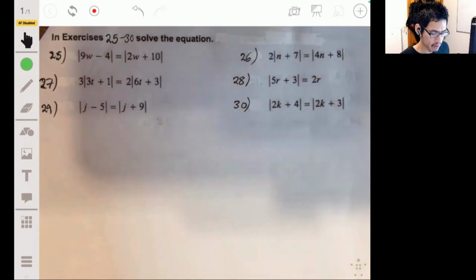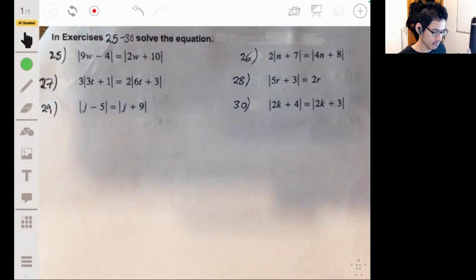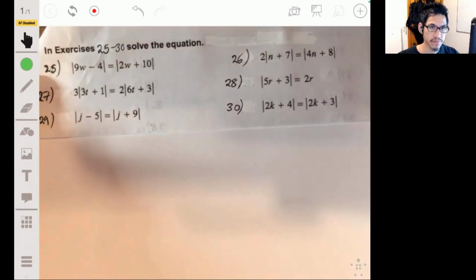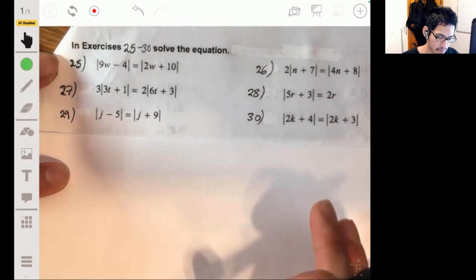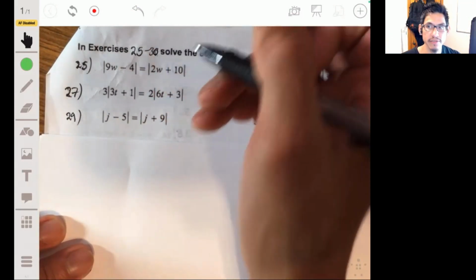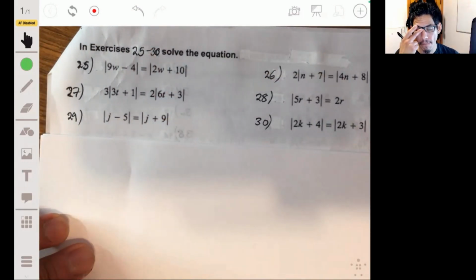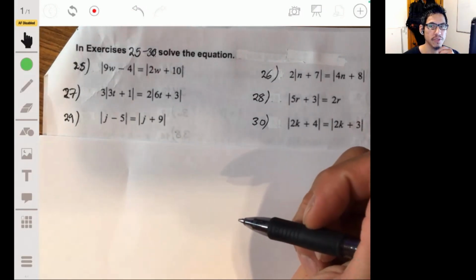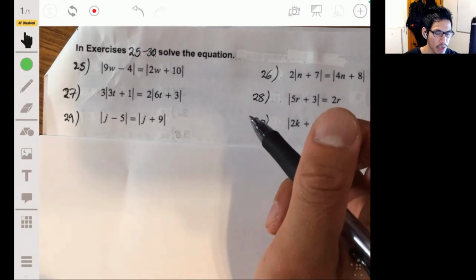All right, here we go. Now it's the fun stuff, finally. You guys are waiting for this. Absolute value equations with absolute value expressions on both sides. So what do we do here? Well,